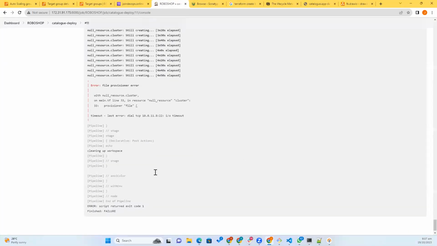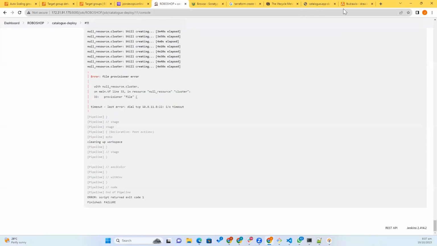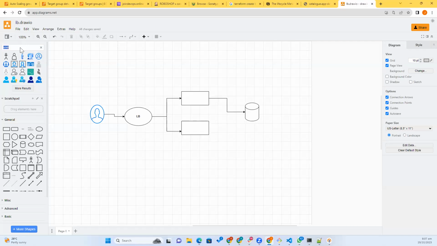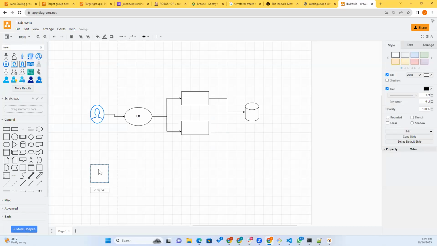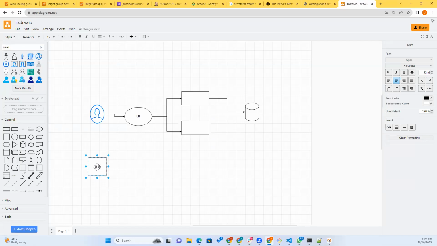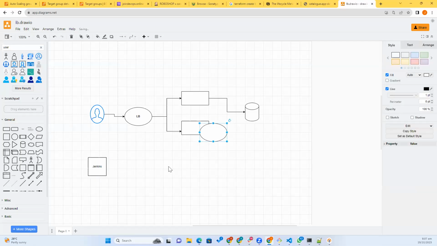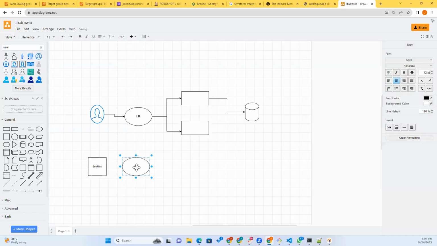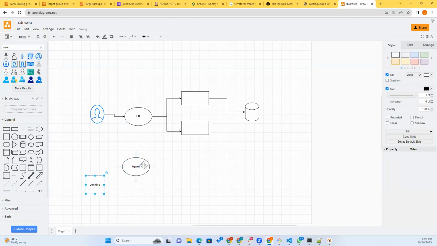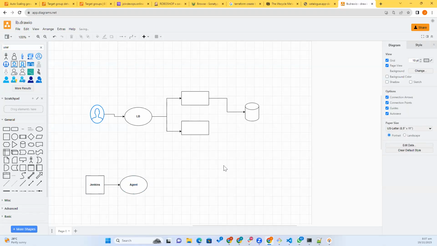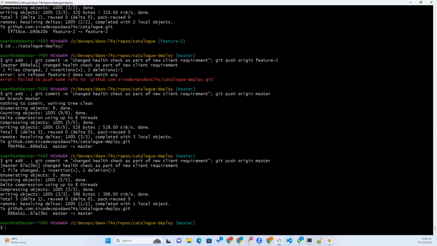Okay. So our deployment got a failure. Now let us understand the reason. Can anyone guess why it failed? This is Jenkins and this is the agent. Can anyone guess? We already discussed this last time. Till now, where was the Terraform command actually running? It was on my laptop. Okay. When I connected to VPN,